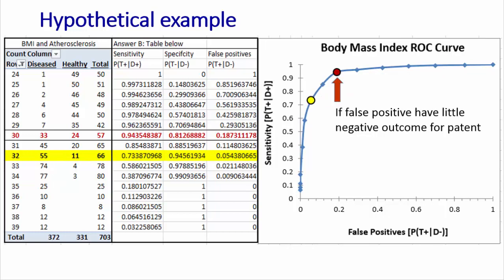On the other hand, if a false positive has little negative impact on a patient, then we would probably choose this red dot right here, this red data point. Going much above that, we're getting a lot of false positives without really gaining any sensitivity, but we've really maxed out sensitivity. So yeah, we're going to get some false positives in this example, but we're not going to